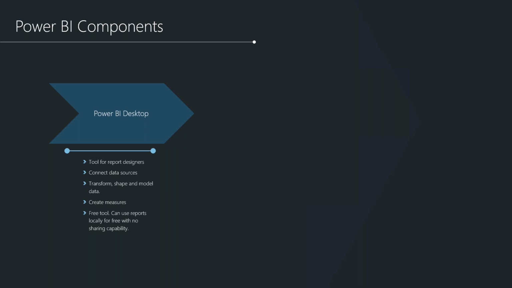So you bring your data source or data set into the Power BI desktop client. You connect to a number of data sources, again, on-premise or cloud-based, bring them together into the data model, and then you model your data. So you transform, shape, and model the data to create the dashboard and the report that you want to share with your team, your colleagues. You can also create measures. You can do a combination of data. You can do a lot of transformation of the data and then present it in such a way that